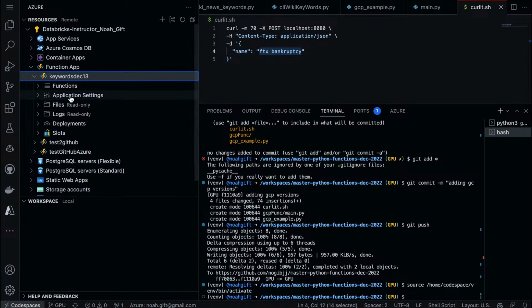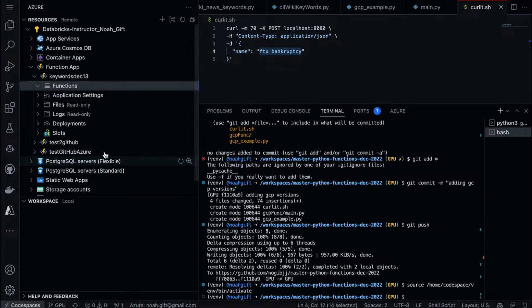Here we go. And now here's the functions. I forget here, this might not be the right tool to do this installation. There's another extension that might be better. I'm not 100% sure yet though.